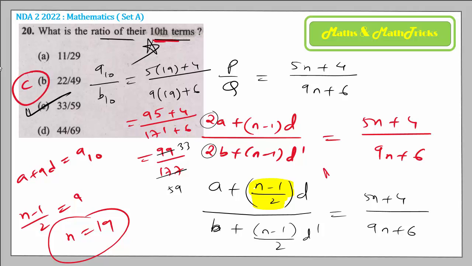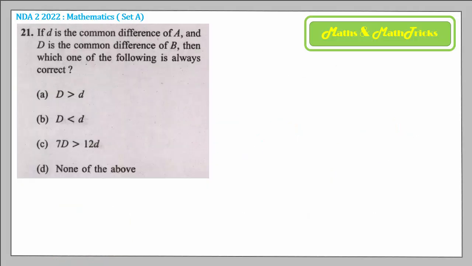Alright, hopefully you understood the logic of solving this problem. Now coming on to the last question of this session, which is on the same paragraph we studied. They are asking you to judge the common differences for the first AP, denoted by A, and the second AP, denoted by B. They have also asked us to take small d as the common difference of A and capital D as the common difference of B. But in my solving I took it as d dash, because it was not said before.